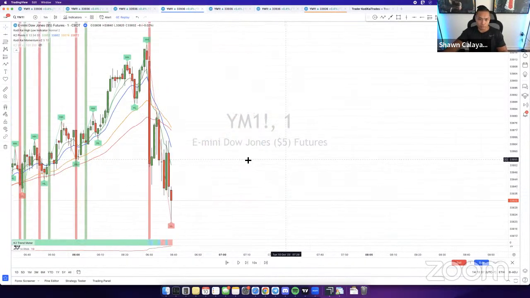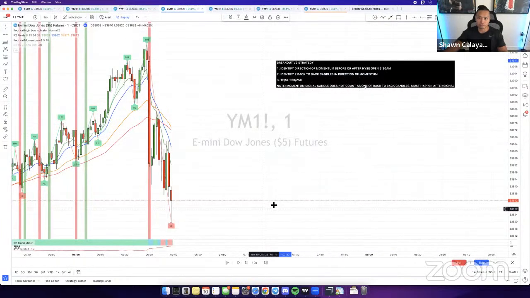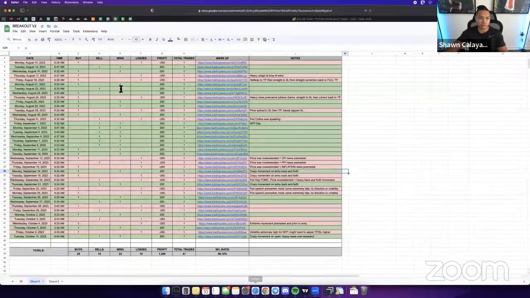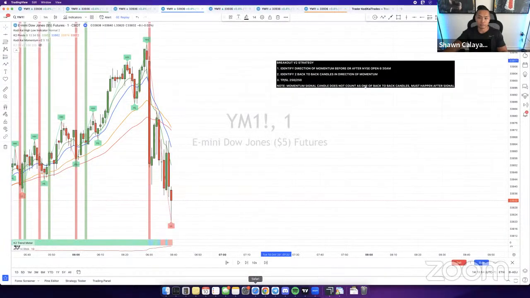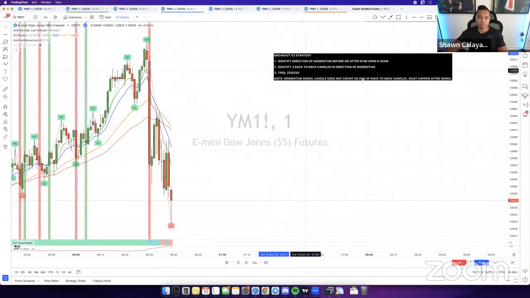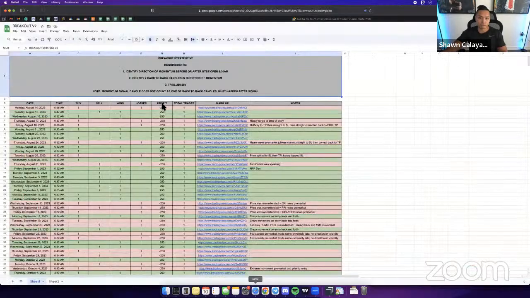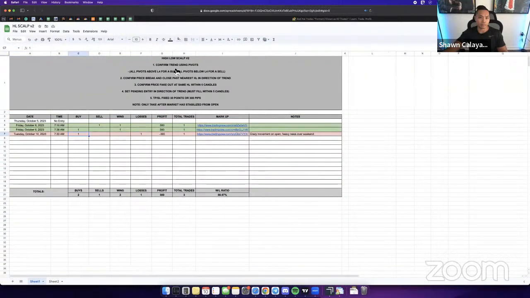All right, Dijon, for the breakout V2, let me see if I could get the criteria up here. Okay, so it's pretty simple and pretty straightforward. I'll update the criteria. It's not really that different. Yeah, actually, it's not very different. It's super simple. The criteria here is pretty much exactly how it is on the spreadsheet. If you guys want to know the requirements for these specific strategies, just pull up the spreadsheet. Requirements are going to be up top, right there for the momentum counter scalp, breakout V2, intraday scalp, and high-low scalp V2.